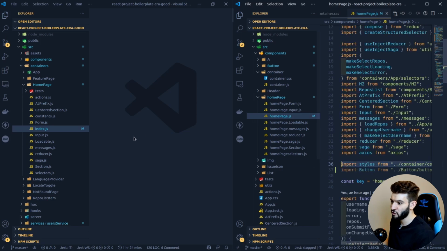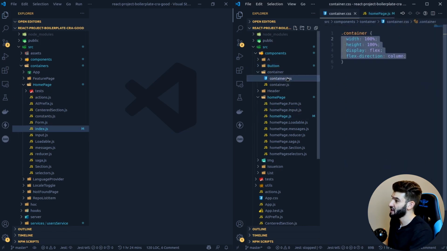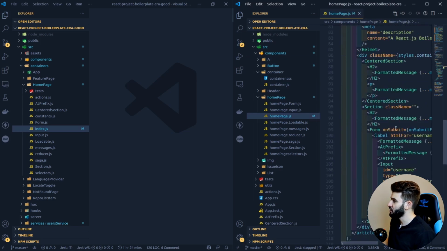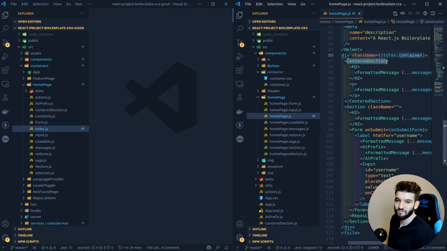So it's going outside of its own scope, and it accesses basically the container here. It grabs this CSS, which is super bad, and it grabs it in here. Then it goes and renders a div. It passes that class name to the style.container. You don't want to do that